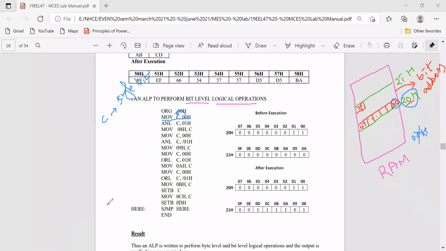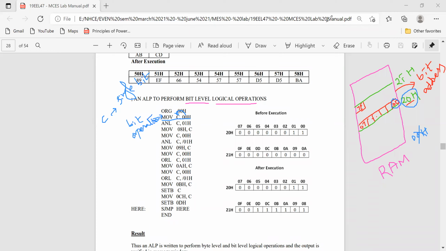So from the instruction, you can understand whether it is a bit operation or a byte operation. This is the instruction which tells you that it is a bit level operation. Just keep in mind. I have explained from which locations we have bit addressing. We already discussed this in the class also.